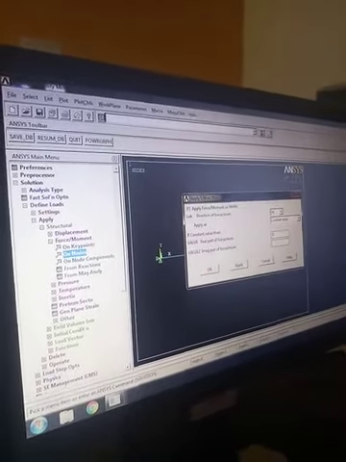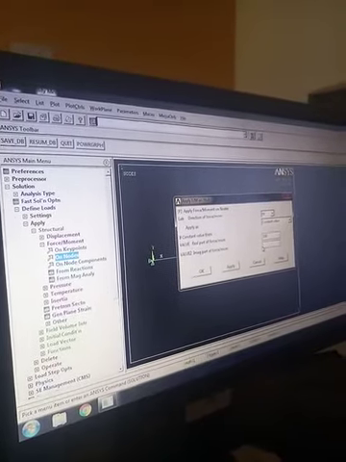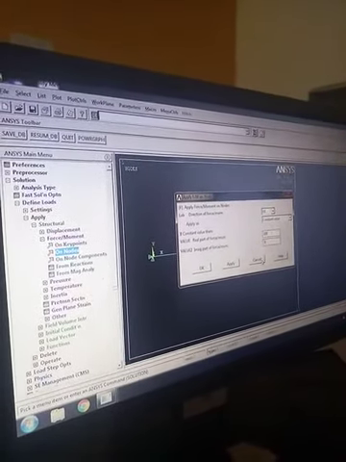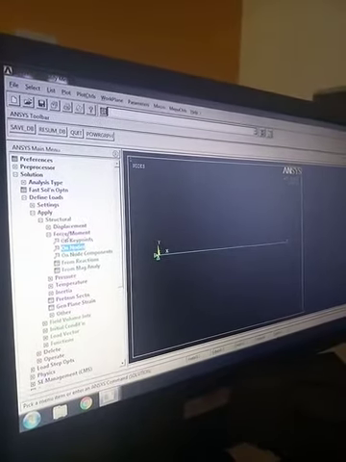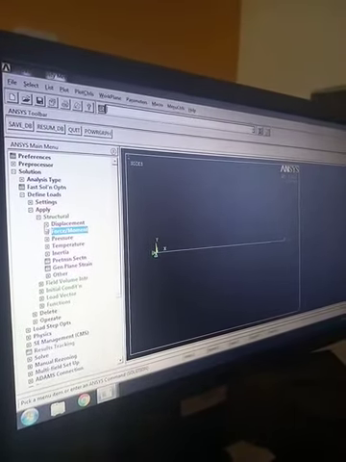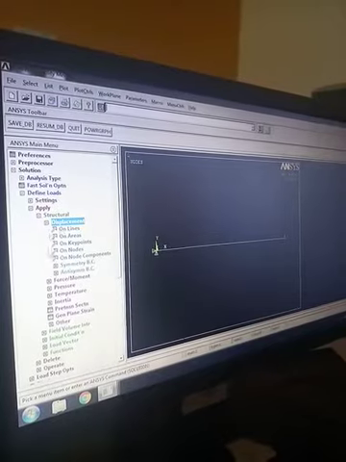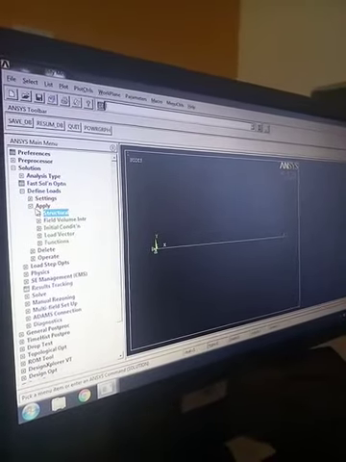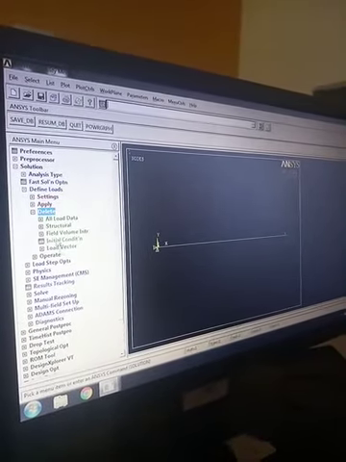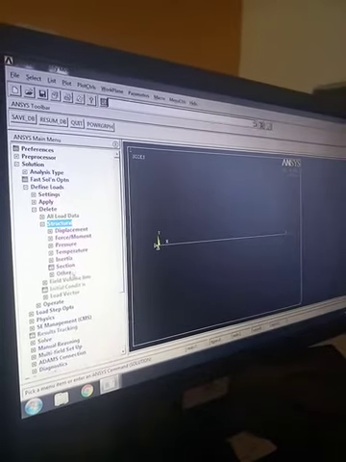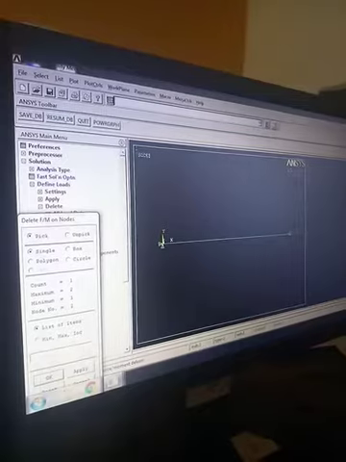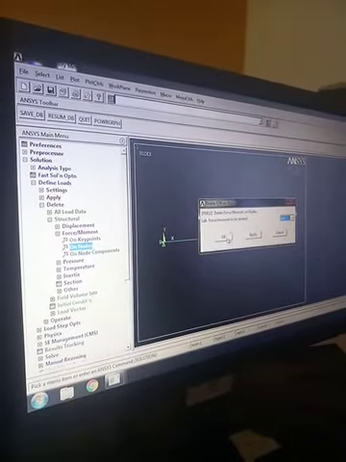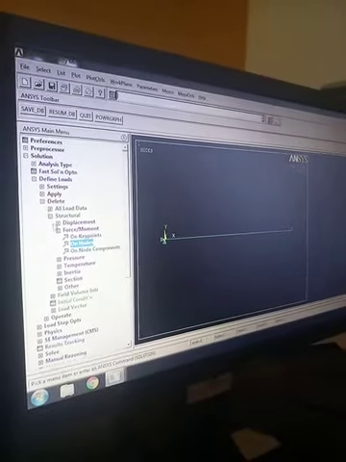Here the real part is 100, that is 100 Newton, which is given in the question, and the imaginary part is 0. Just a minute. I have given the direction as X. I am just deleting it. Just go for Force/Moment on Nodes.